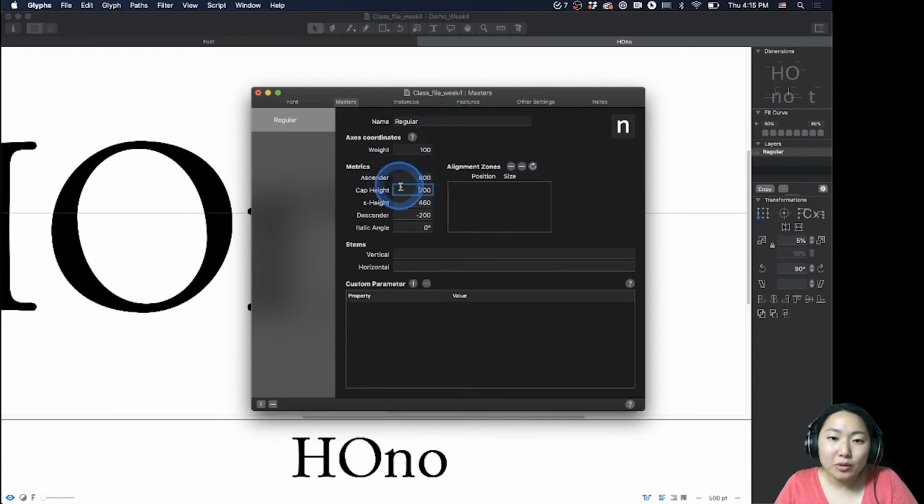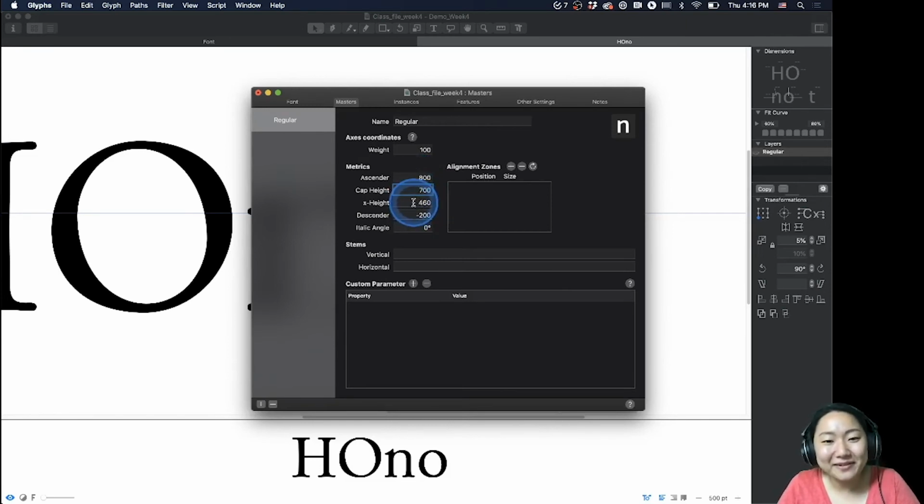Just so you know, the ascender can be a little bit taller than the cap height. Sometimes you'll see ascenders of, let's say, the h being higher than the capital H height itself, just so it's easier to read when there's an ascender that comes right after a capital letter. Now, this is all up to you, but I do recommend that you don't go too wild unless there's a reason for doing so.